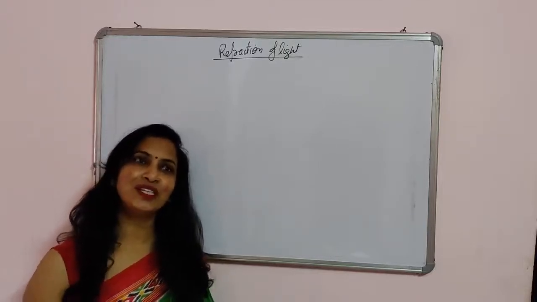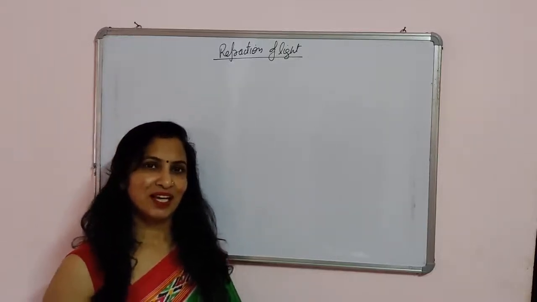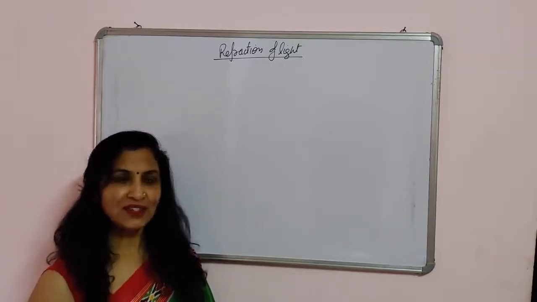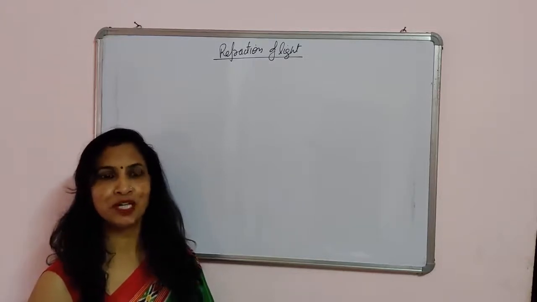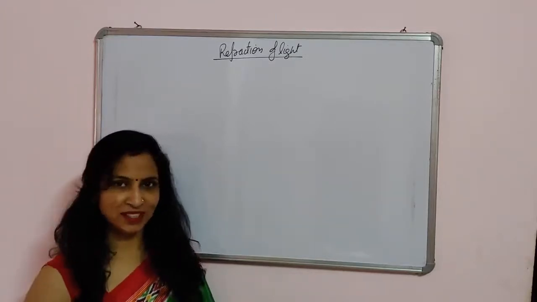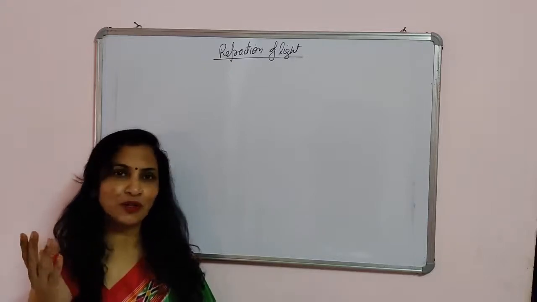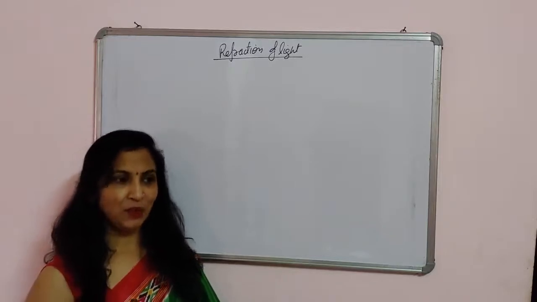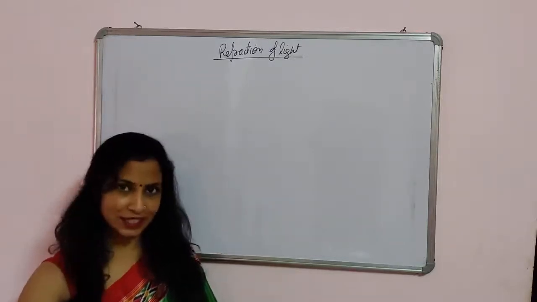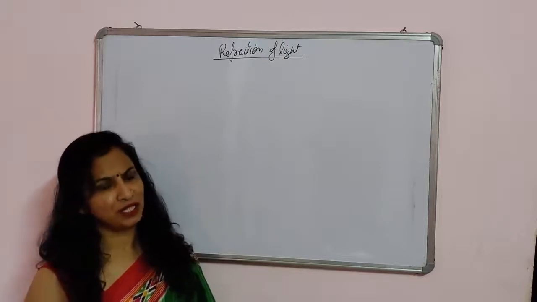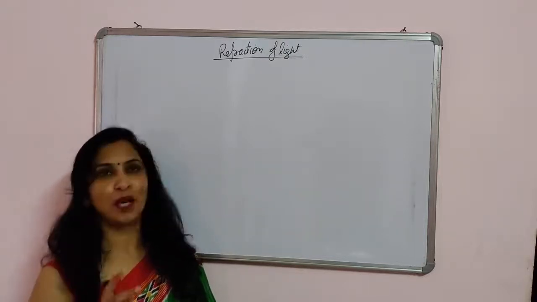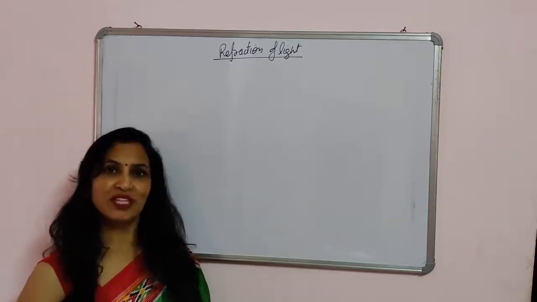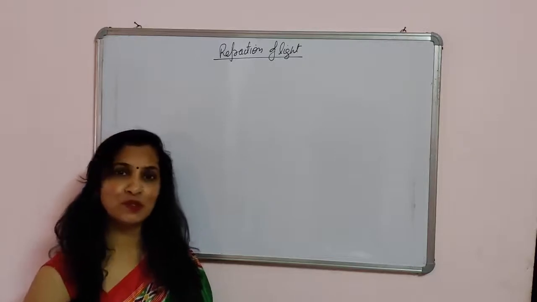So first you should know what the uses of the convex lens are. One of the uses of the convex lens is in spectacles for hypermetropia. You know hypermetropia? We will learn about hypermetropia in the second chapter. Actually, hypermetropia is the condition in which we are not able to see nearby objects clearly. We only see far objects clearly, but we are not able to see nearby objects clearly. So this is called hypermetropia. And for the correction of this hypermetropia, we use the convex lens. So this is one of the uses of the convex lens.